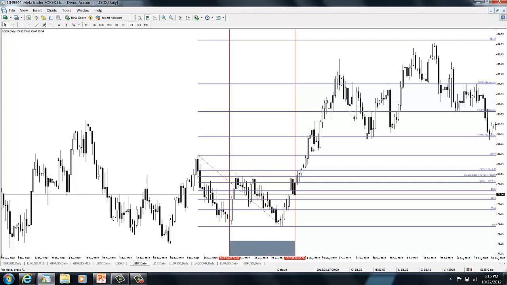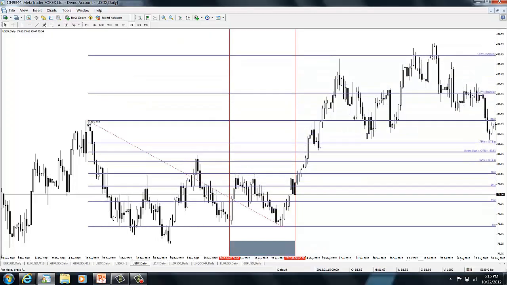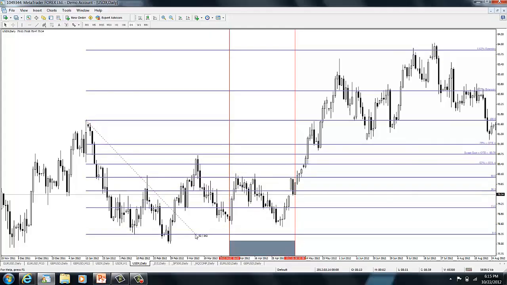You can still use those targets, but we've got to go to the left side of the chart and look at the larger magnitude price swing that we're working within. So this high to this low. So we would use our fib tool from that high and pull it down to the lowest low in that fractal.